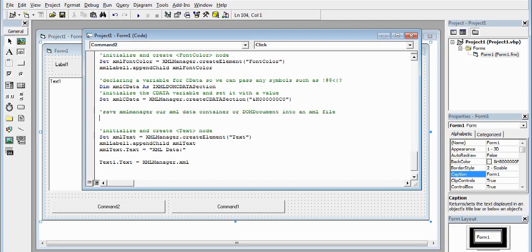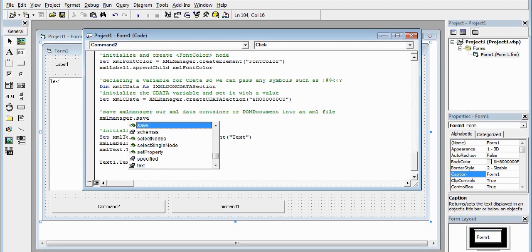So I'm going to say XML manager, so we want to save it so we can read it, or we can pass the values. Manager, but let me teach you how to save it first. Manager dot save, pretty simple, using the